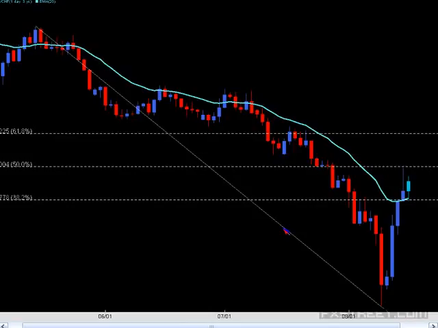Now, do I think this is necessarily the end of the trend? Not necessarily. I do think there are going to be some people who still believe the long-term trend for the Swiss franc is still in play, and they're just waiting for this little pushback, whether it be SMB or a bunch of other things. They're waiting for all this to calm down so they can get back short in it again.